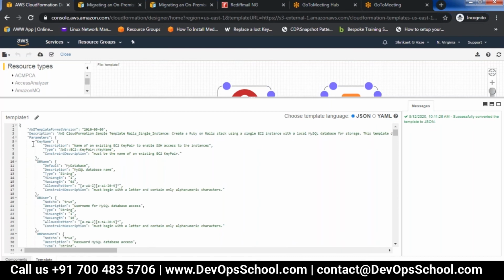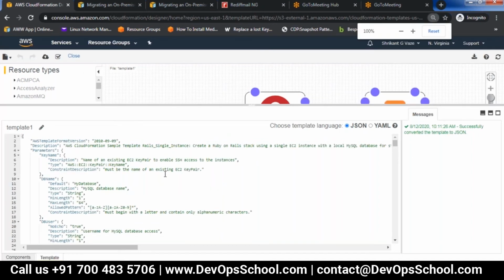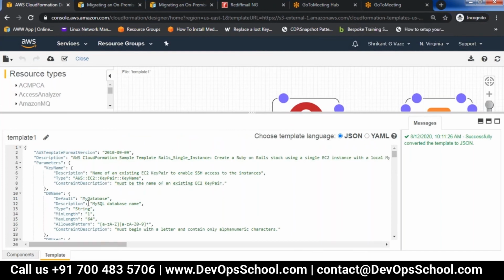Now there are various fields here. So first is the AWS template format version, description, etc. Is it visible to you, or shall I increase the font? Yeah, increase the font. Okay. Is it visible now?